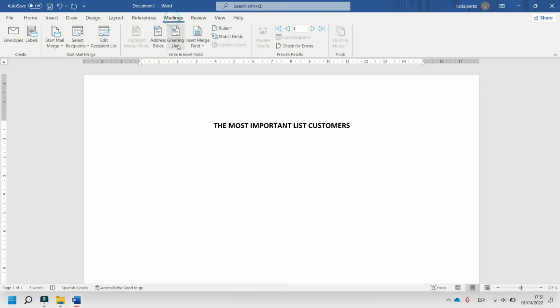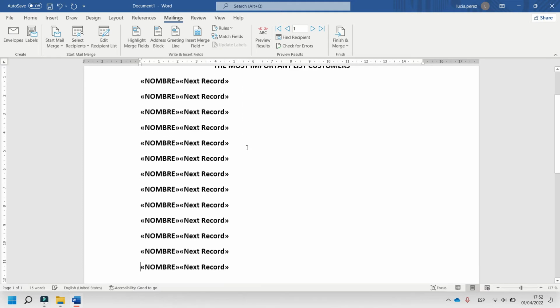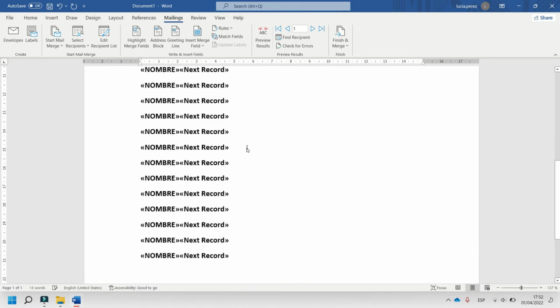Now in Mailings, Insert Merge Field. In this case it is only the name. And now this is the most important part: in Rules, select Next Record, select, Ctrl C, enter, Ctrl V several times, and for example